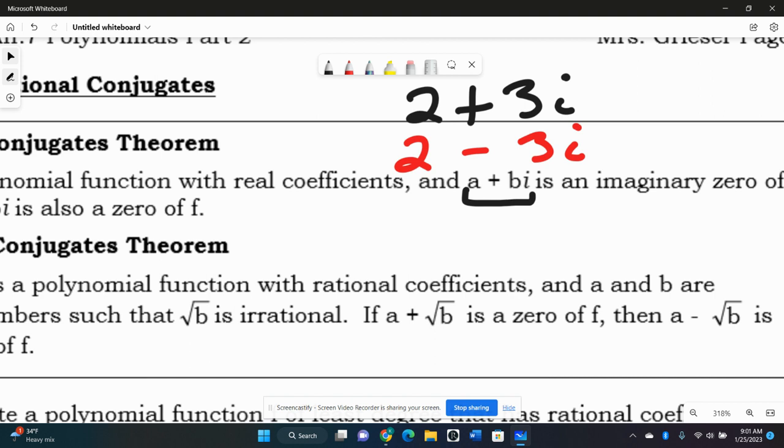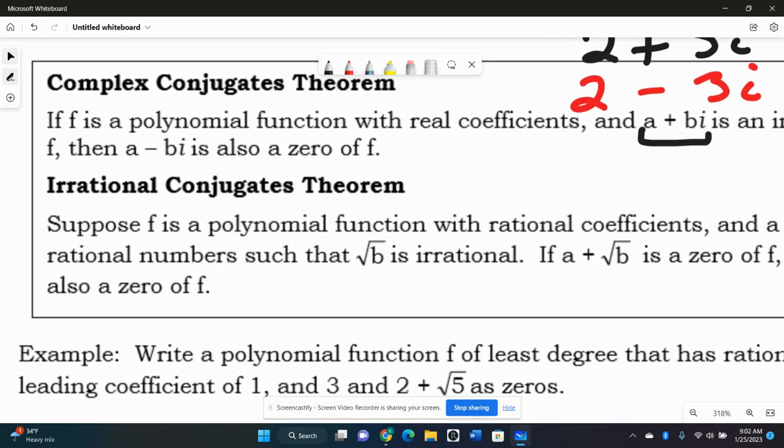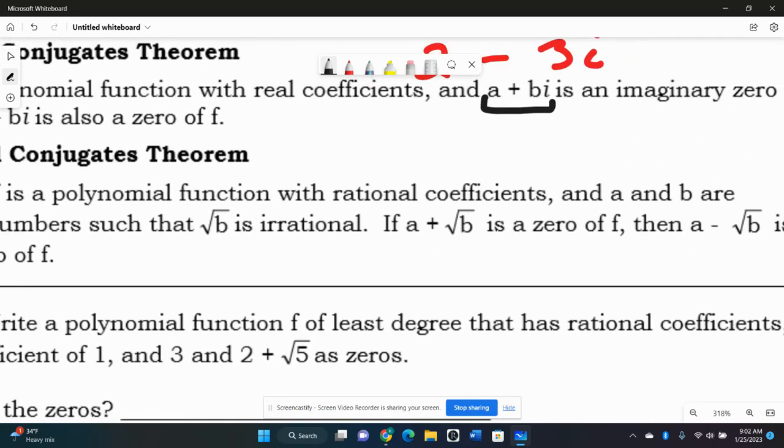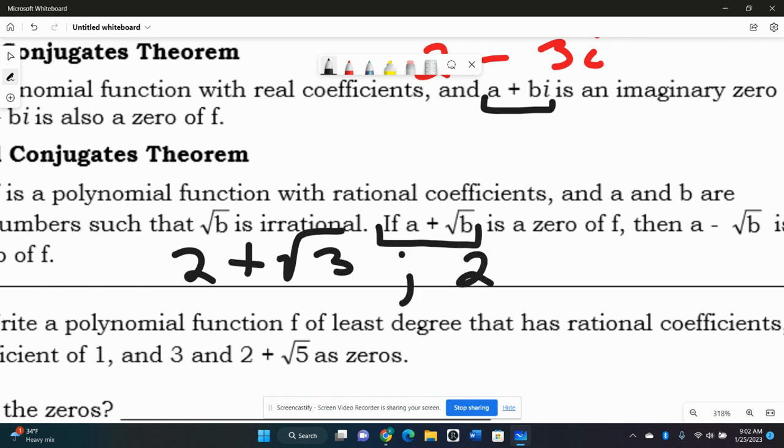So if we have a number plus an imaginary number, we also have the one that's minus. This is the exact same thing on our irrational conjugates theorem. So if we find that a plus the square root of b is a zero, let's say 2 plus the square root of 3, what other zero do we automatically have? Well, the exact same things. 2 and the square root of 3 in the same spot, now just with a minus sign between them. So no matter what, on these types of problems, we have two